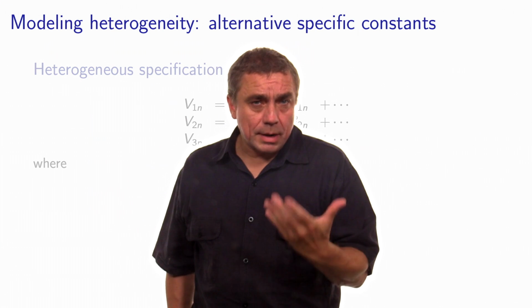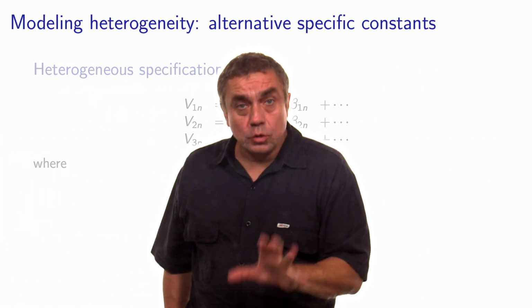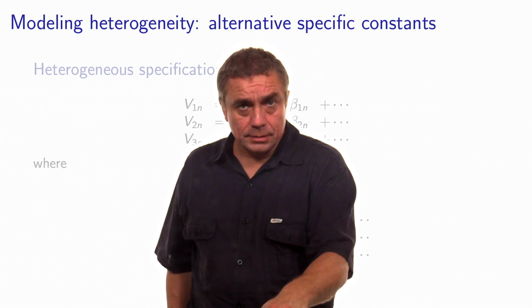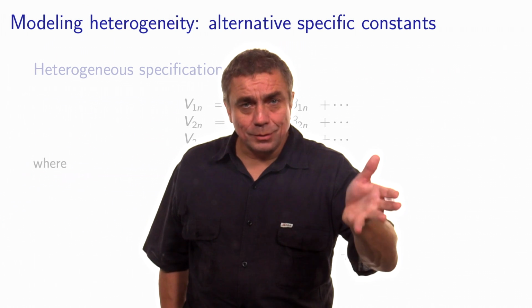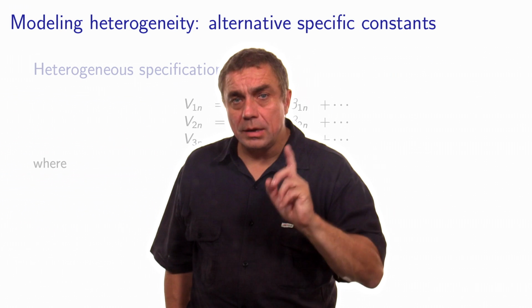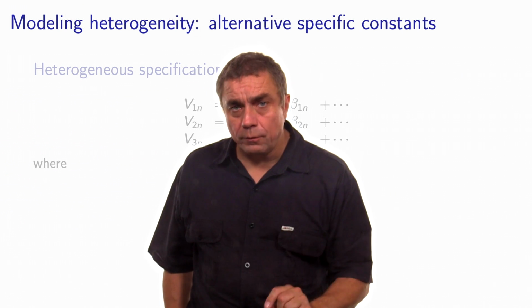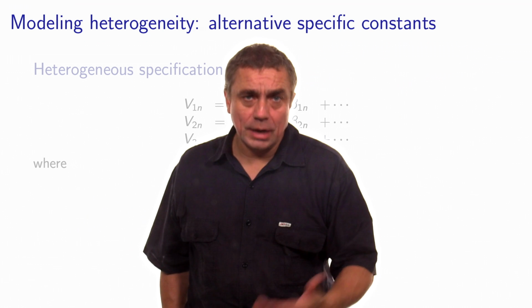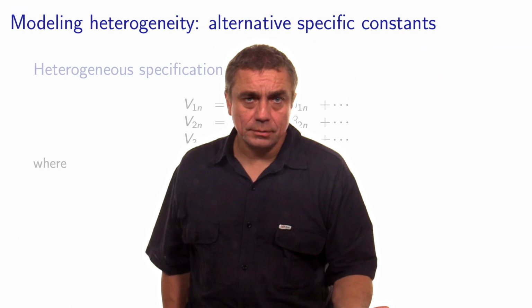So what you have to keep in mind here is that when you include a socioeconomic characteristic in the model like this, because it's interacting with the constants, you cannot include them in all alternatives. One of them must be normalized to 0, like we do for the alternative specific constant. Now I suggest that you go to the practice quiz, which is provided online, so that you get more familiar with the specification. And then in the next video, we will look into the qualitative variables that will be modeled using discrete variables, and we will see how to do that.